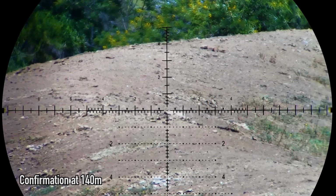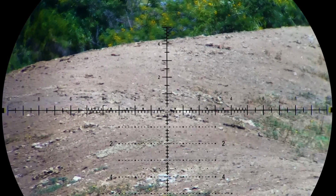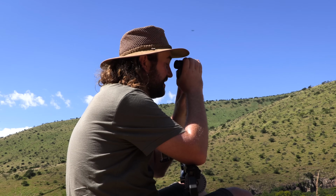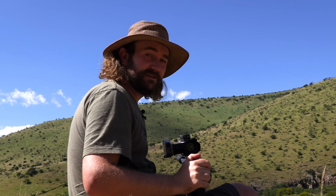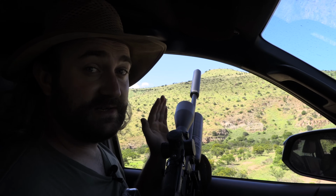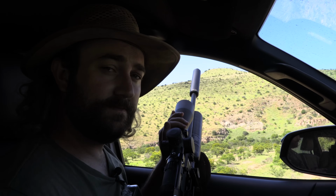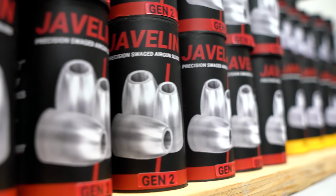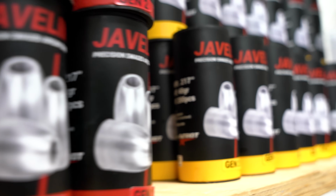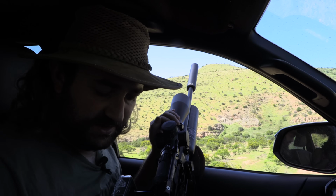So if I find a ground squirrel, for example, on this field, and there are some here, I can range them. It'll tell me within a second exactly what I need to dial, and I can take it out. And I'll tell you what, this gun is accurate. The slug is dropping less than I thought, so the Gen 2 Javelins are still pretty new. I have a feeling that the Gen 2 40 grain actually has a higher ballistic coefficient than the Gen 1 40 grain, which is kind of what we expected, but this just confirms that. So I need to do a quick